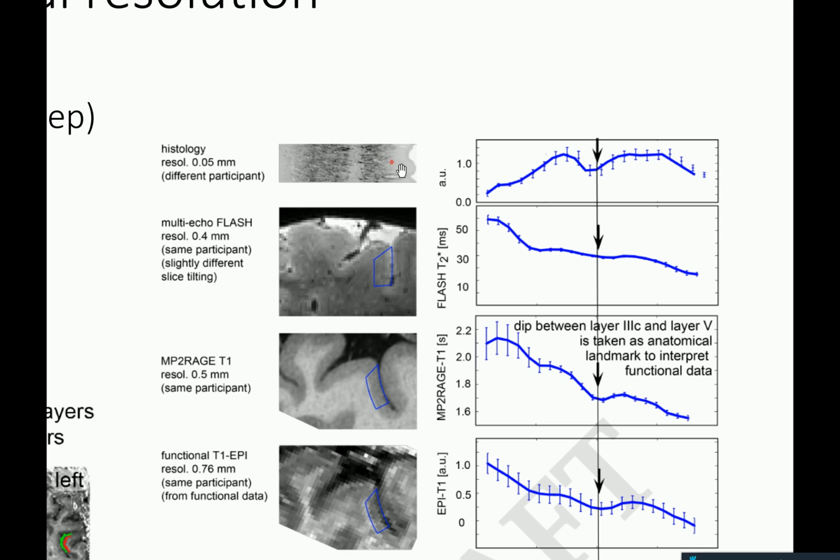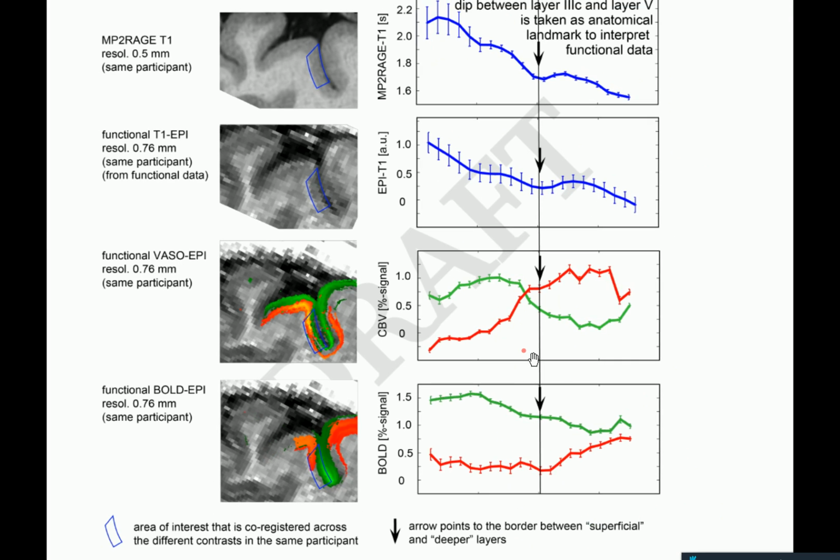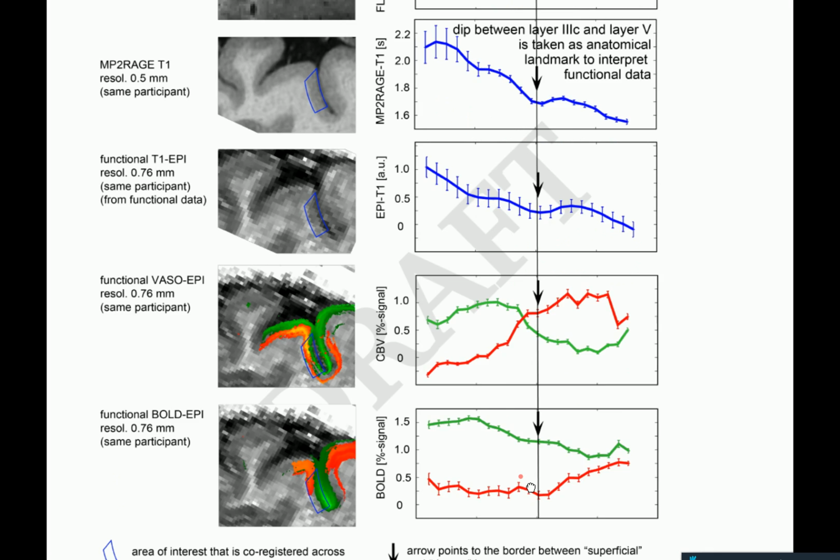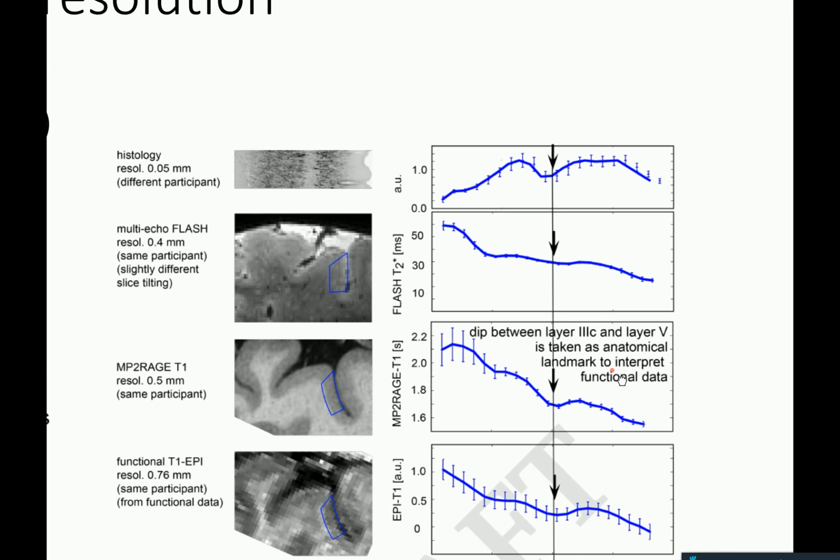So you have a lot of cell bodies in superficial layers. So here's superficial, here's I guess lower. Is that correct? It's not really easy to see. A dip between layer 3C and layer 4 is taken as the landmark to interpret functional data. Exactly. So you have this dip because there